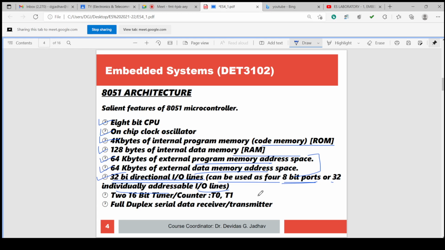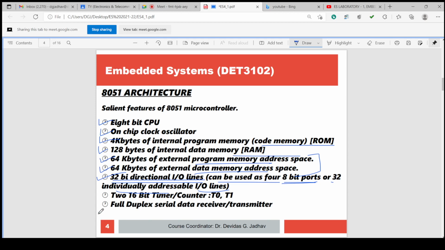Data can be written on a single line, or data can be read from a single line, or data can be written on the port's 8 lines, or data can be read from all 8 lines of the port in a single instruction. So a single instruction can write or read the complete port, or a single individual line.